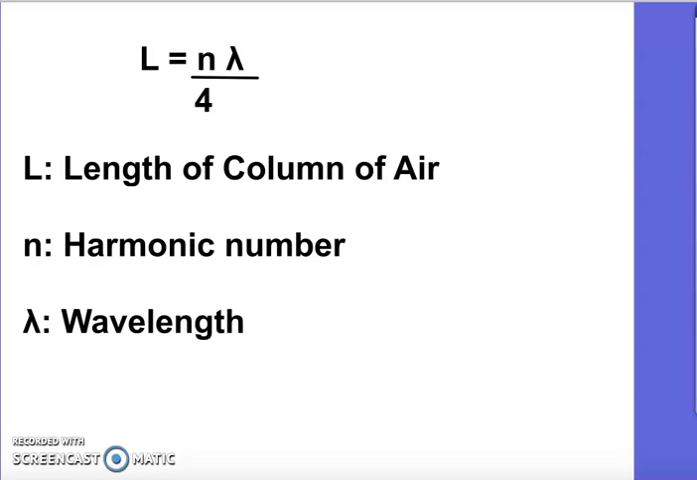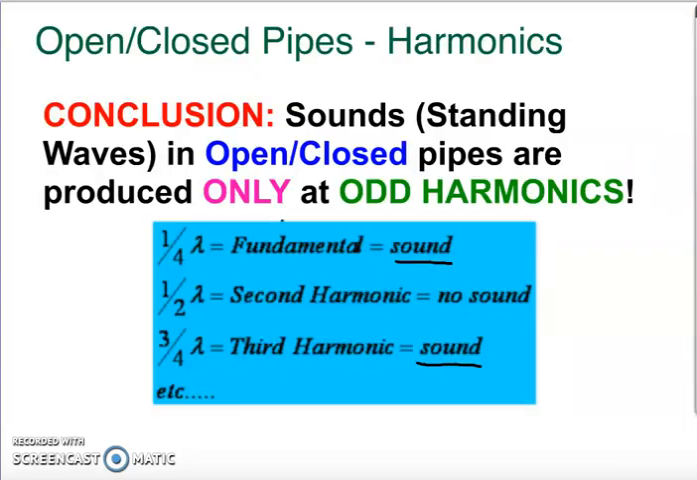Those are our 3 variables that go into determining how long a tube you would need to produce a certain wavelength that would then lead to a certain frequency note to produce the music or the sound that you want. Now looking back here, you might say, wait a second, I see the 1, I see the 3, but there's a 1/2 in here. Remember,